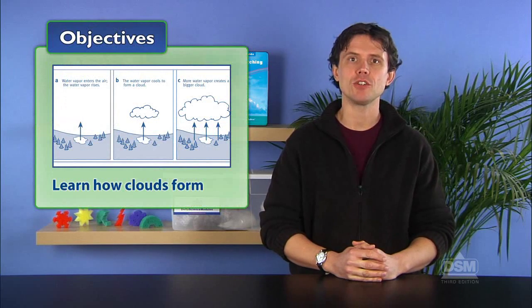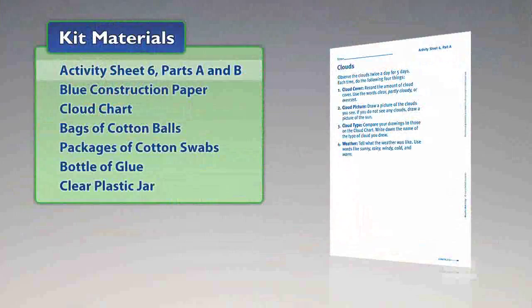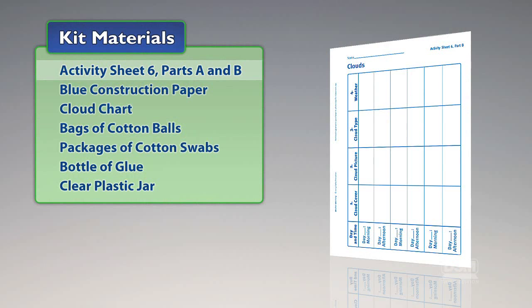In Activity 6, Clouds, students discuss the phenomenon of clouds and observe clouds outdoors. They first learn how clouds form, then observe and classify clouds, and finally discover that clouds can be used to predict weather. You will need the following materials from the kit: Activity Sheet 6, Parts A and B, blue construction